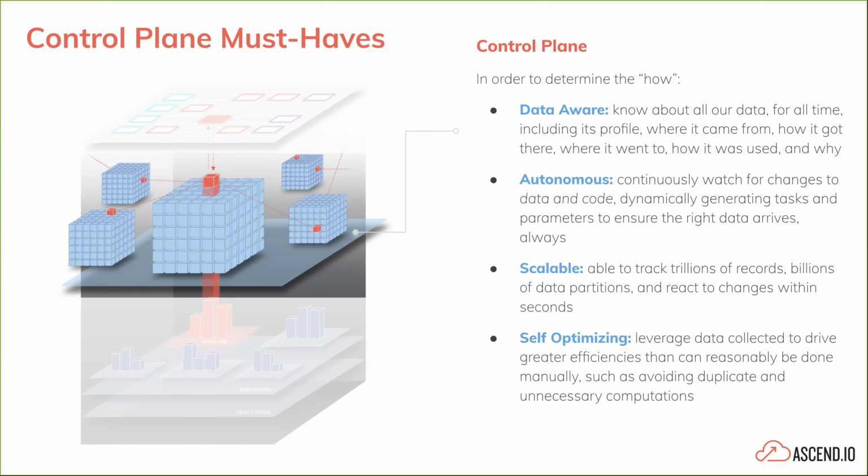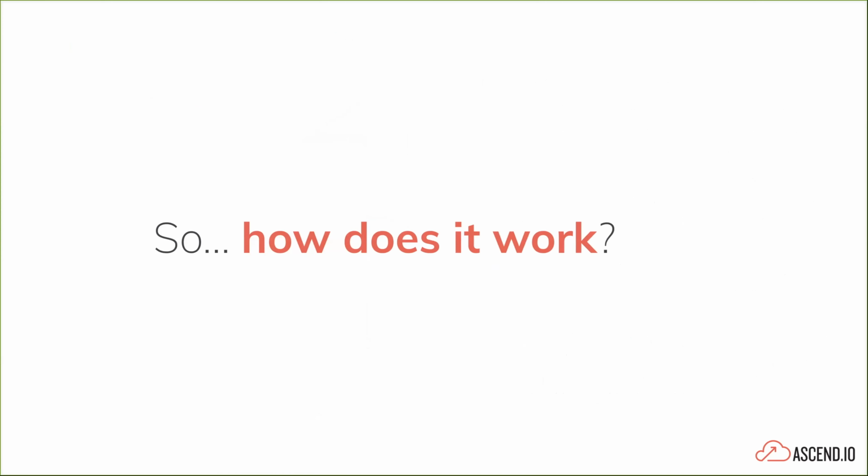Not like the old days, right, where it was like, oh, I'm going to hand unroll this for loop or anything like that. And so same thing here in the data engineering control plane, right? What are the optimizations that we can do that massively allow an automated scale, as opposed to us manually trying to do it? And so given these four must-haves in the control plane, how did we actually build this at Ascend?